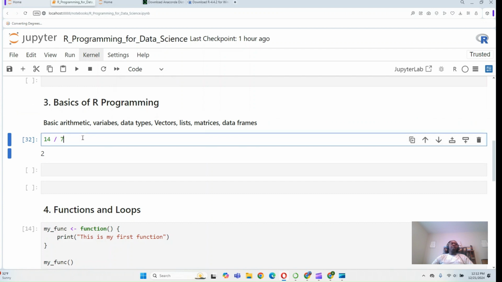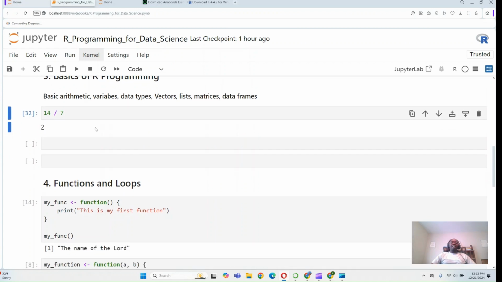You can do code cells, and you can see your results right there, right under the code. All right, so that's your basic arithmetic. Anything that you can think of in arithmetic, you can do it in R. So you can do